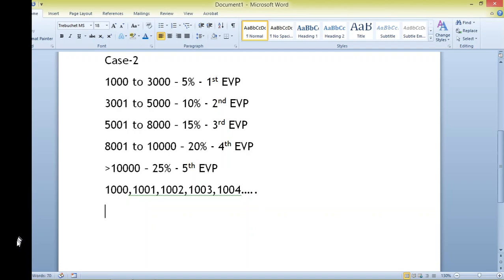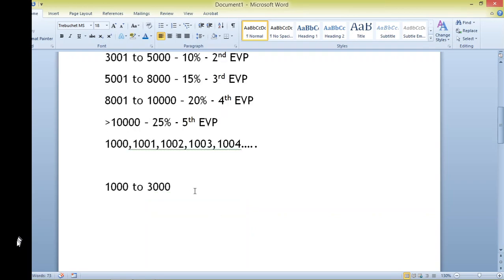Considering the first class, my first EVP, where I have values from 1000 to 3000. What values can I take to validate the 5% discount? The minimum valid value is going to be 1000, correct?